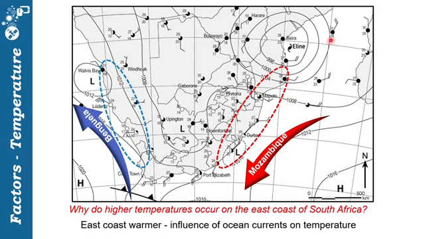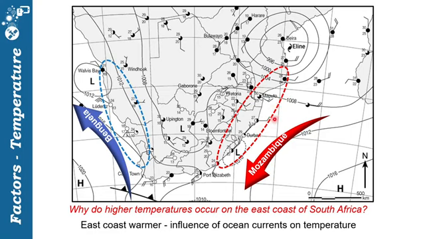So this is a mass of warm water that originates here close to the equator, and this warm water is flowing along, the same as a river would flow over land. You've got this flow of warm water along the eastern coast of southern Africa, and this movement of warm water is called the Mozambique current. It's the warm current, and because the ocean current is warm, the water is warm, the air that rests on